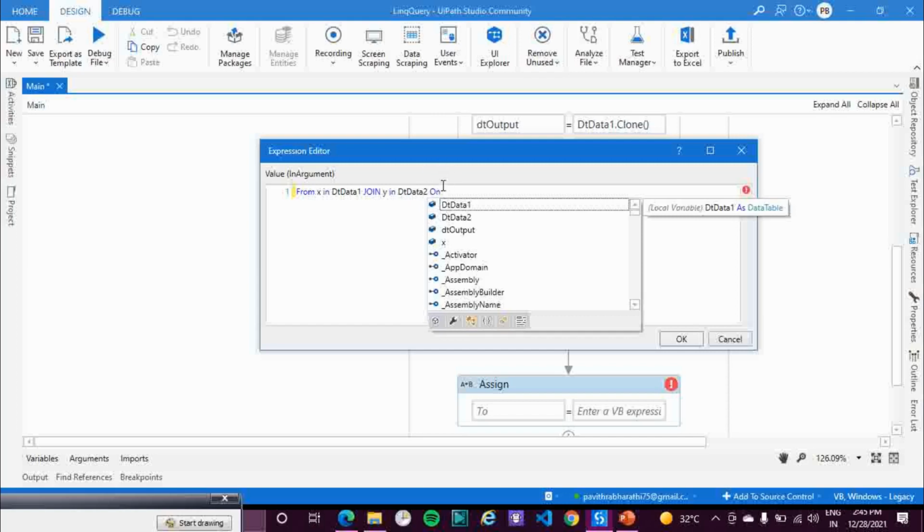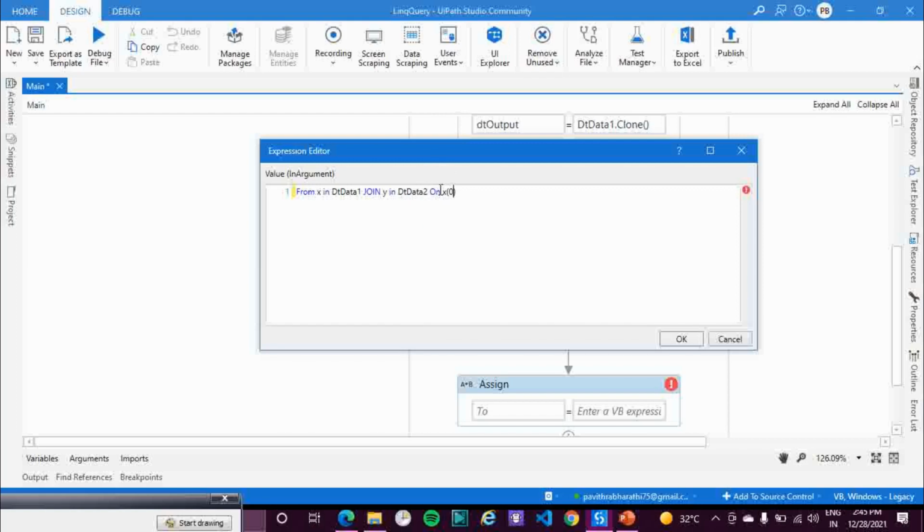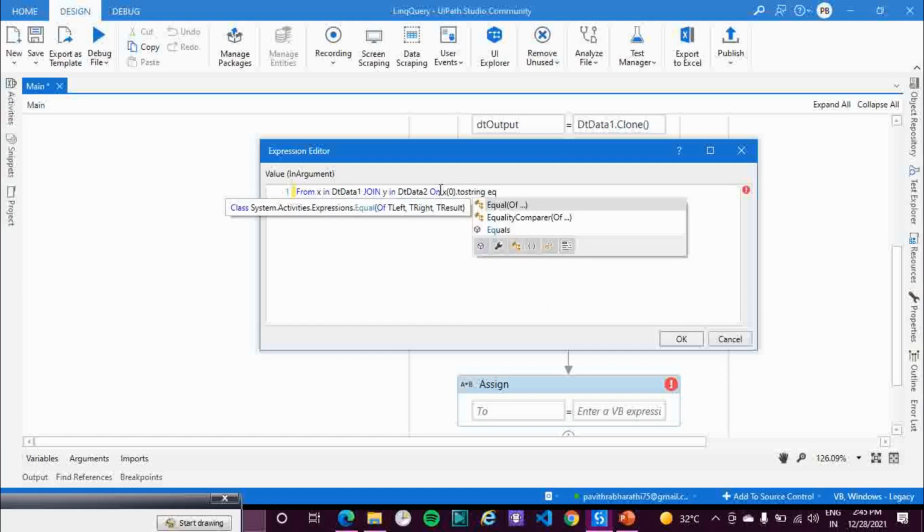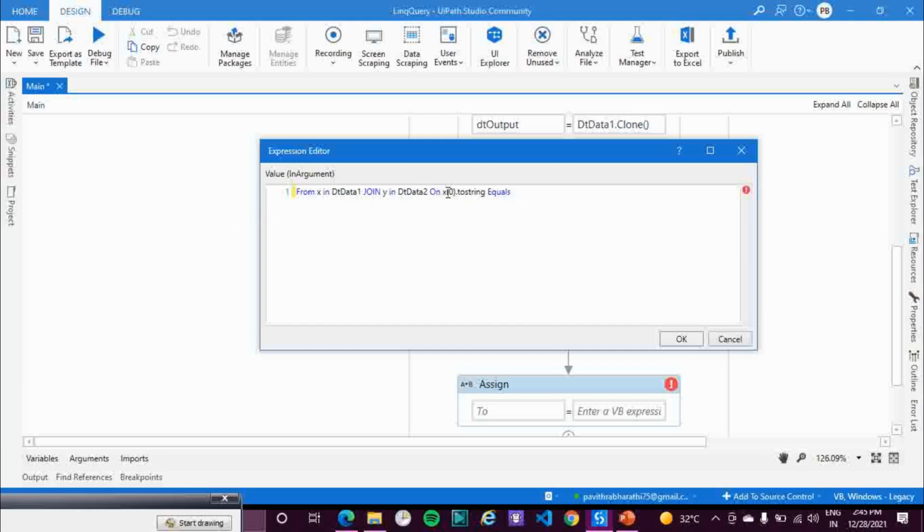This keyword is a must when we use join. x of 0, I just use the index instead of the column name, dot ToString, equals, the same thing, I'll copy from here and paste it over there, for y.